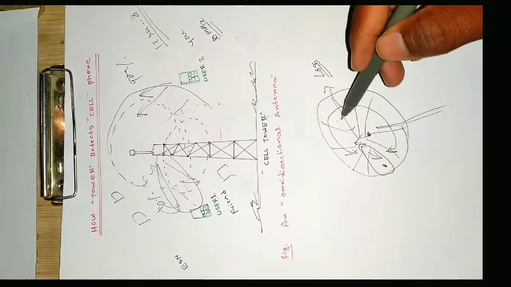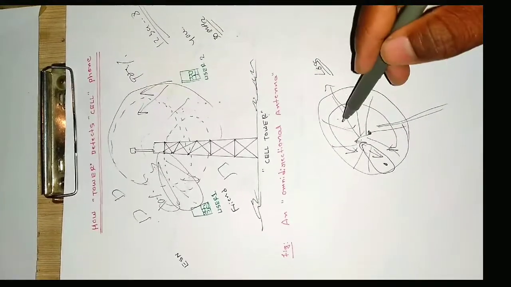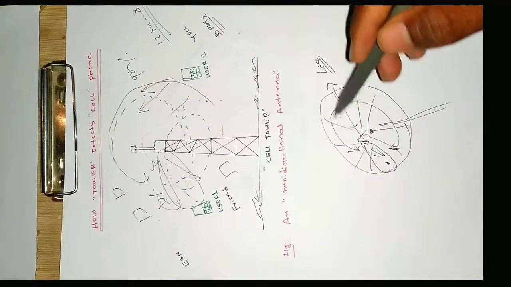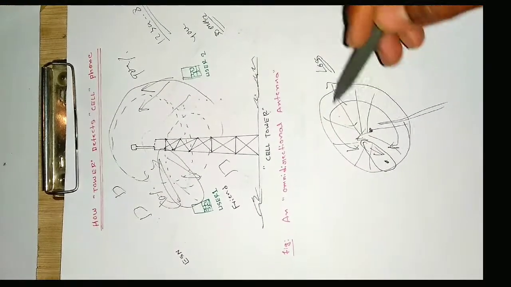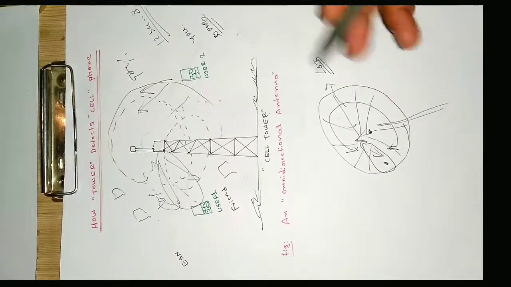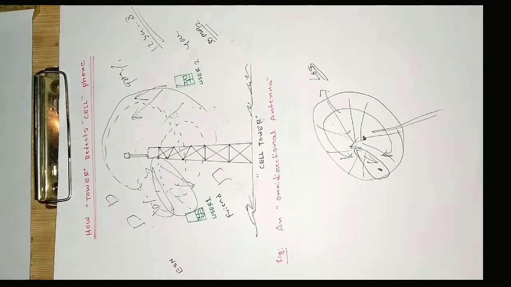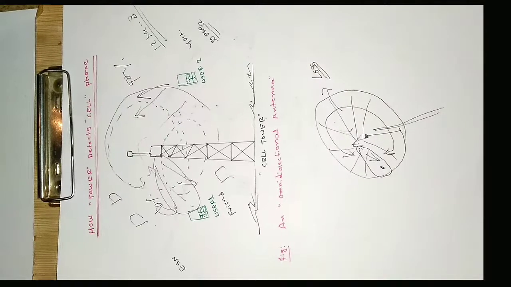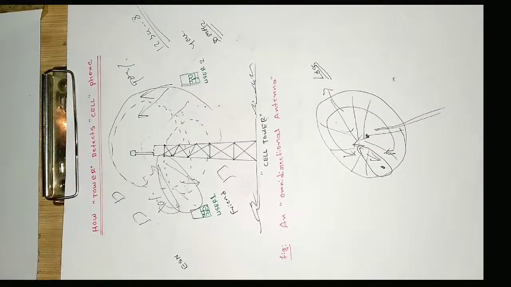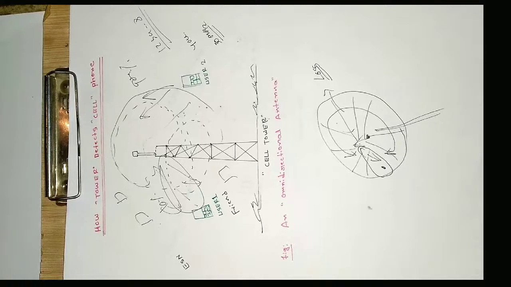Better to avoid this. If you avoid this wasted energy, then it makes a lot of sense for communication purposes. So to overcome this problem, we have a beam forming antenna. There we have beams, so they will be putting out the energy in a particular direction. There will be no such thing as omnidirectional, it will be in a particular direction.